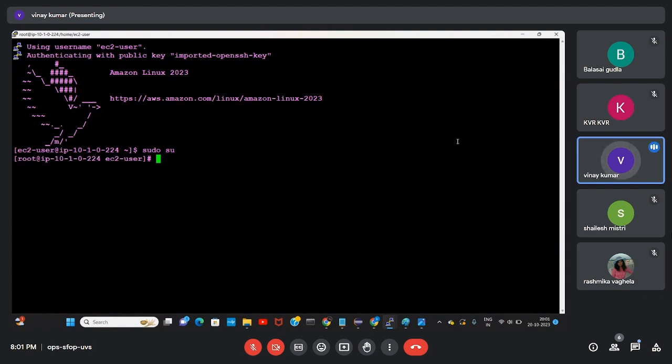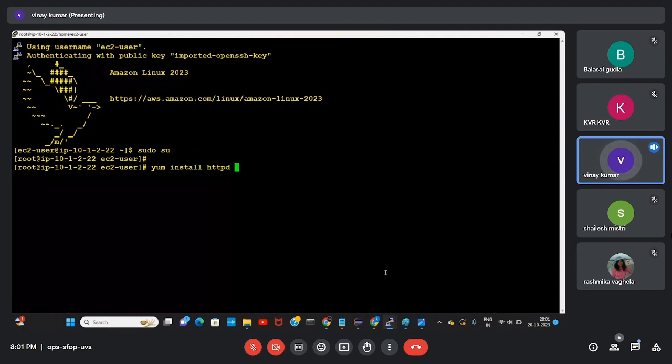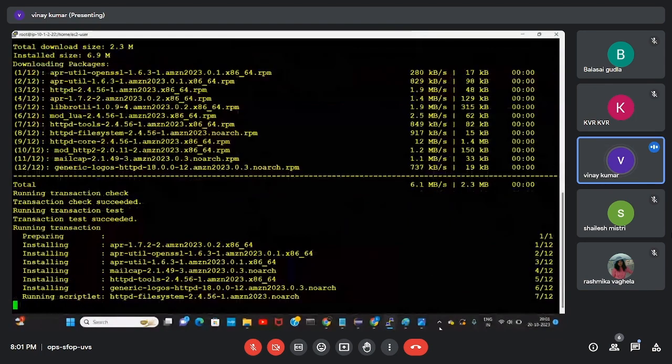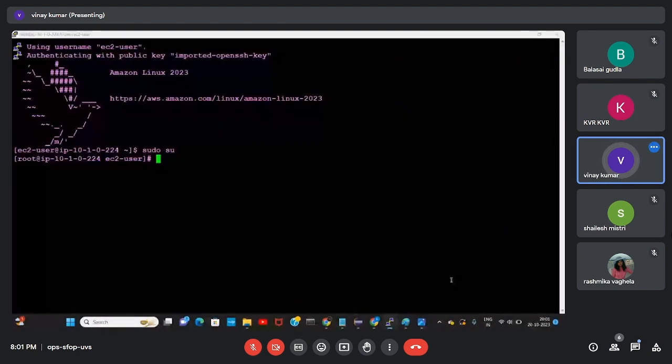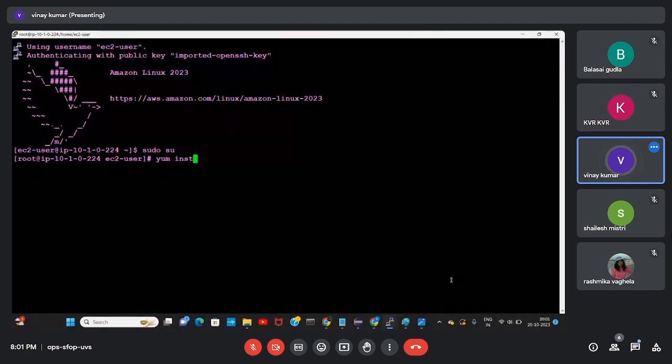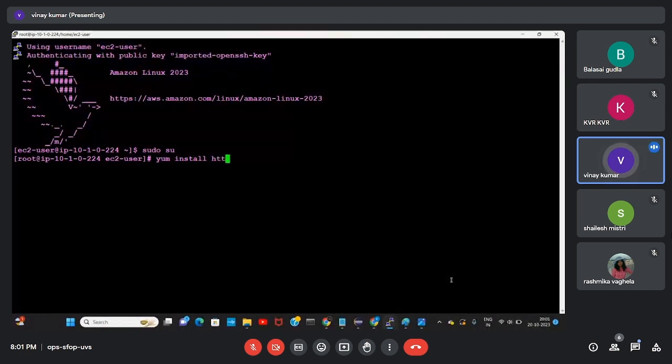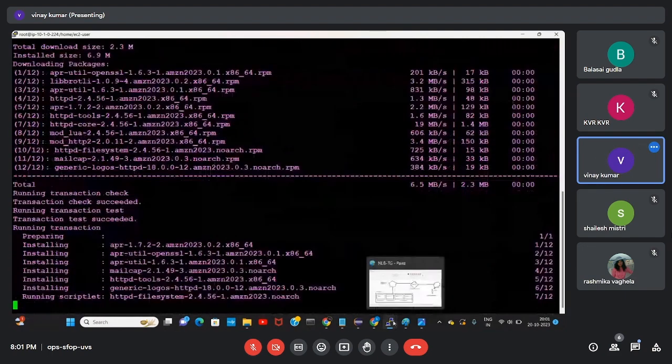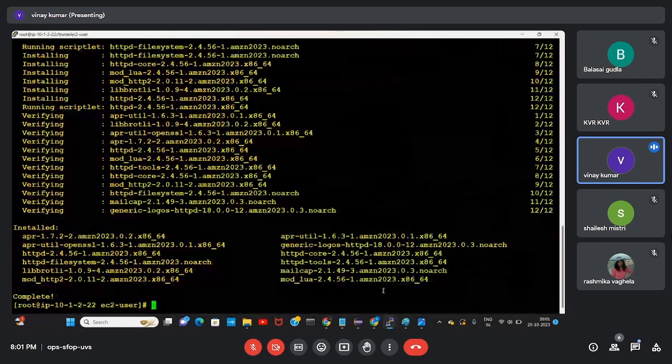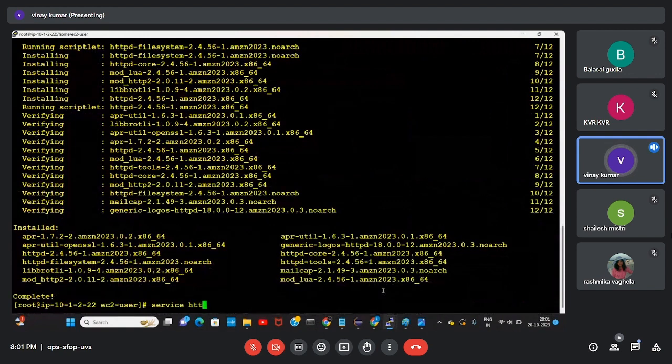So now I'm installing the application in my server. Install httpd. Every time it asks yes, so I'm giving hyphen y, so no need to ask. In the other server also, install httpd hyphen y, then service httpd start.